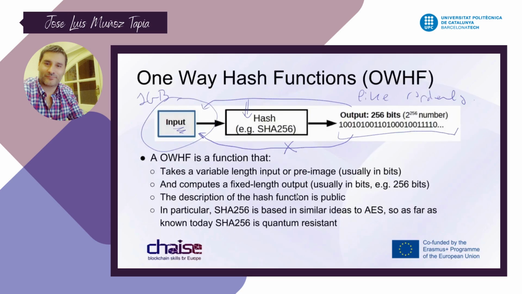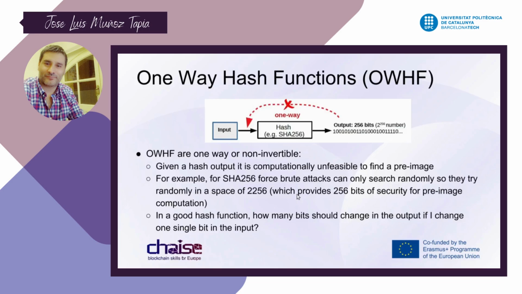Yeah, this is the idea, and this is why we call it a one-way hash function. Here we say that in a space of 2 to the power of 256. And again, this is something that we did in the last lesson too. If I have a good hash function, and I change one bit in the input, say I have a 1 GB file with a movie and I just change a 0 for a 1 somewhere in all these gigabytes, then how many bits in the output should change? Well, again, 50% at random positions,